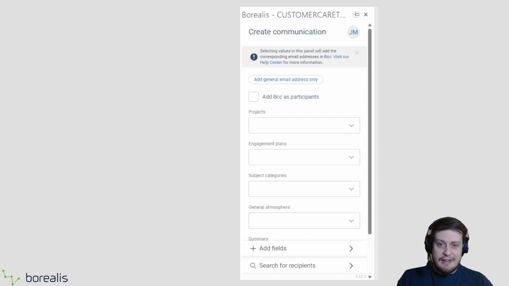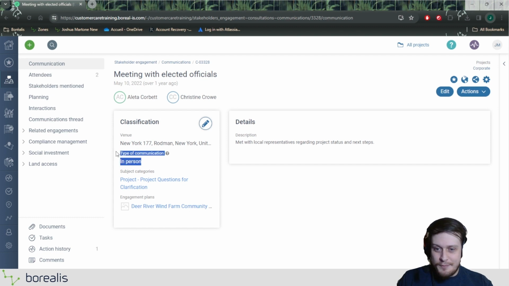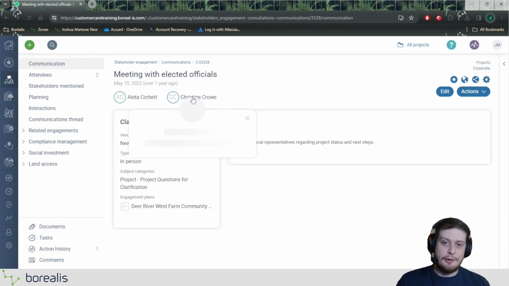What we're looking to do in this capsule is record maybe a one-off communication like a phone call or an in-person meeting. You can see that right here. Actually, this is a communication inside of the Borealis system. You see that we have information like the venue, the address, the type of communication, maybe the subjects that were discussed, the engagement plan, even the description, the content of what happened inside of the communication, and the stakeholders and